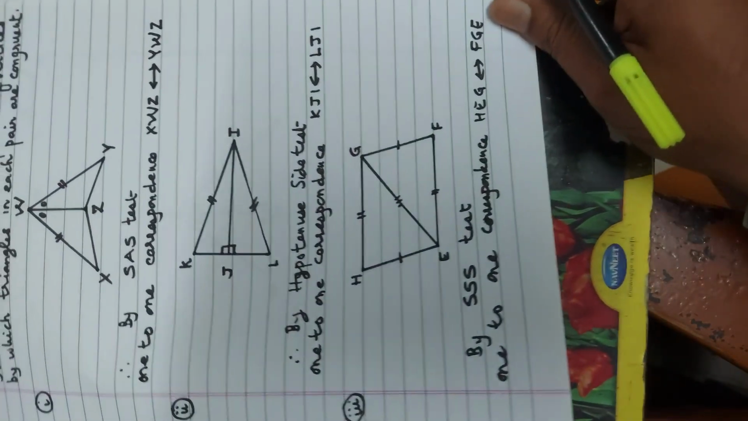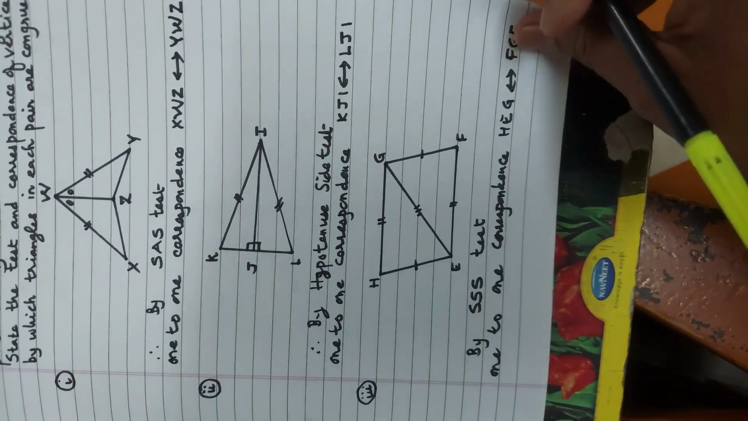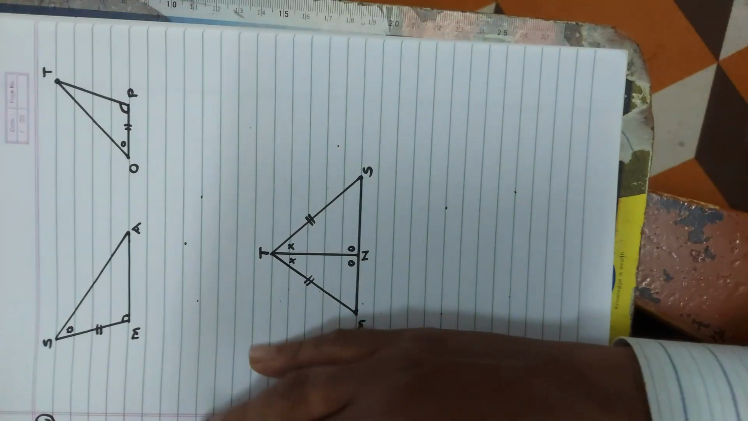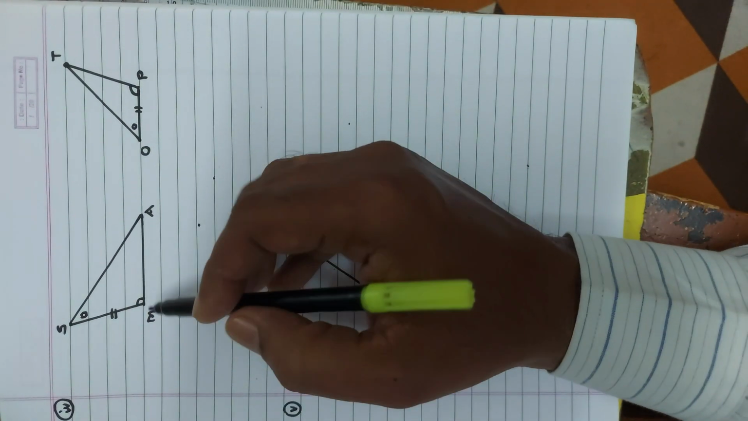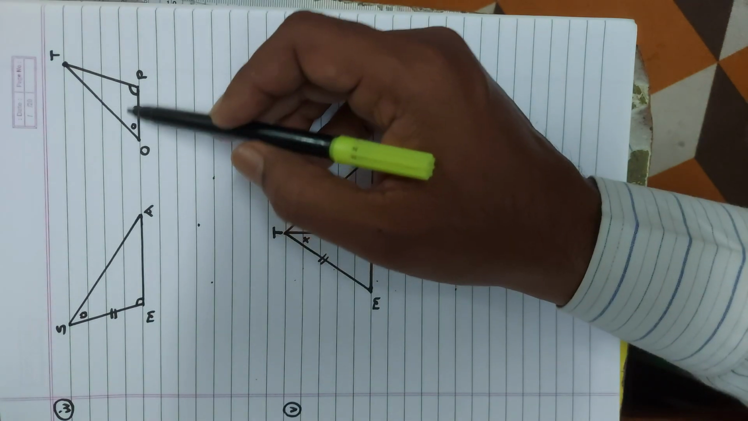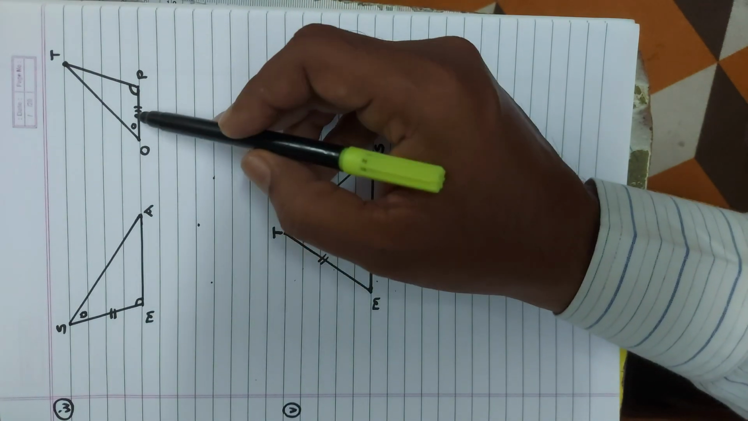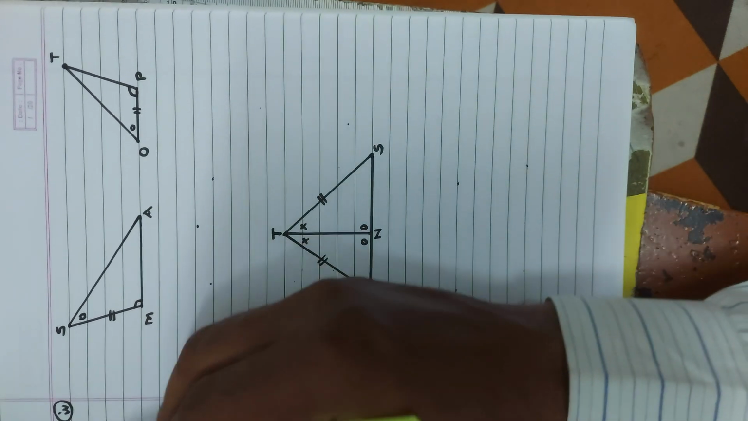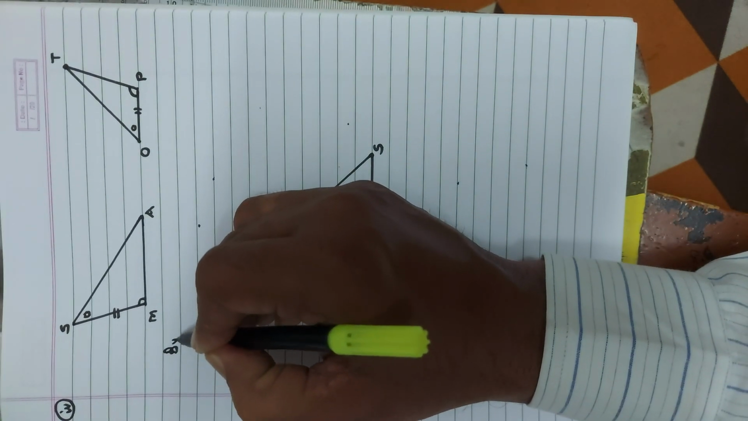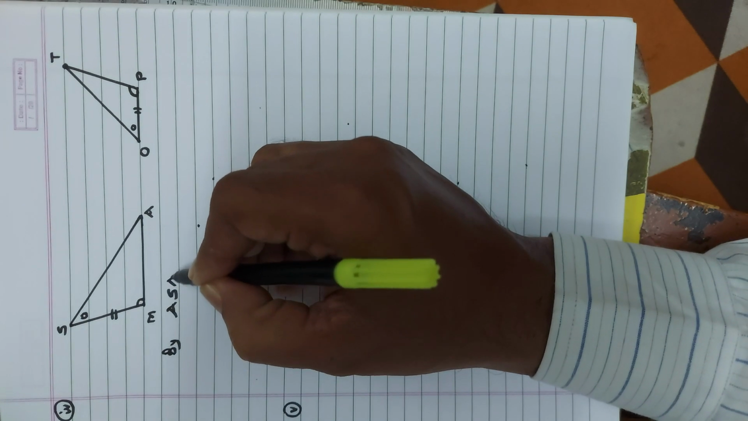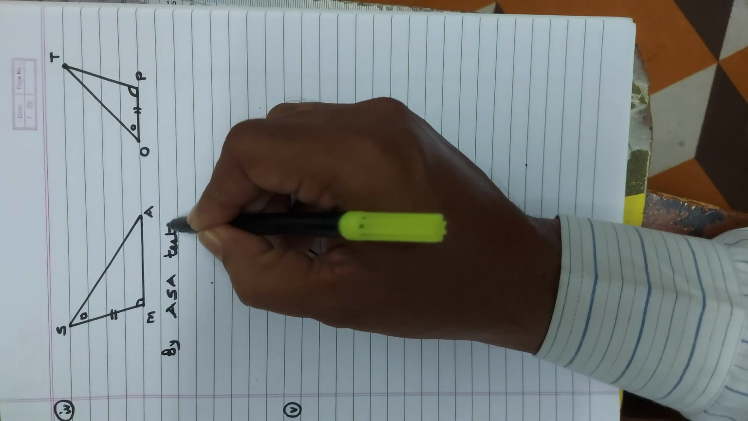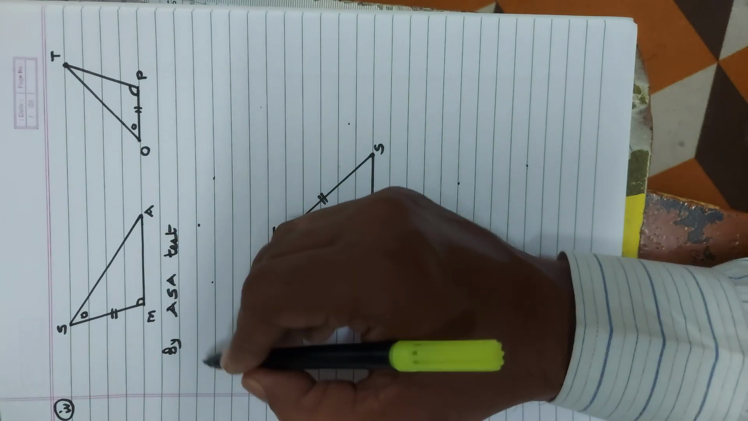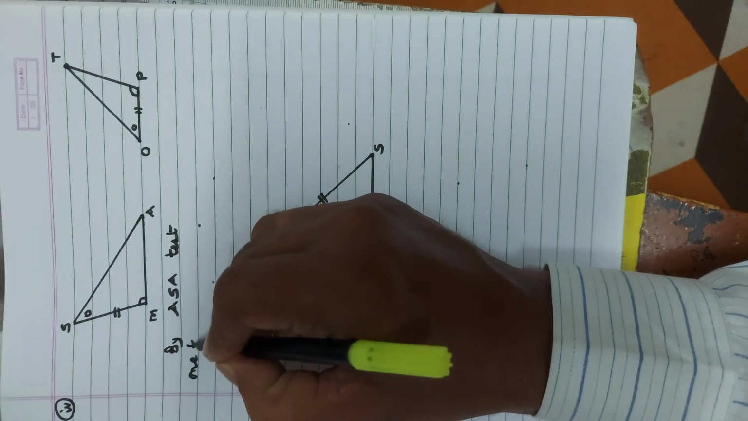So these are the three questions of practice set 13.1, and two more questions are there, so we can also try these. Now here, two angles are there and one identical side is there. So this is the angle side angle test. We have to write by the angle side angle test. By looking at the identical marks, you can easily find out which test it is. So the one-to-one correspondence is